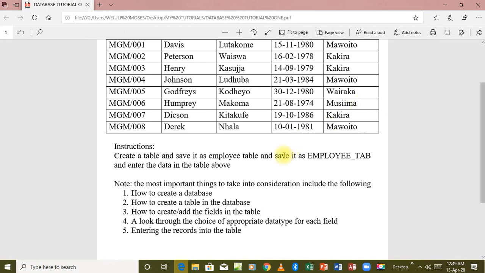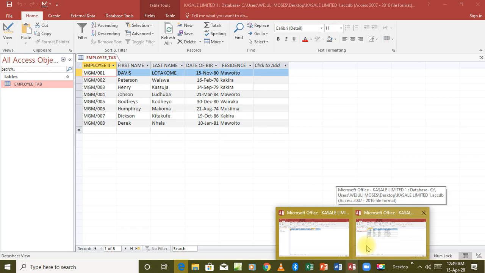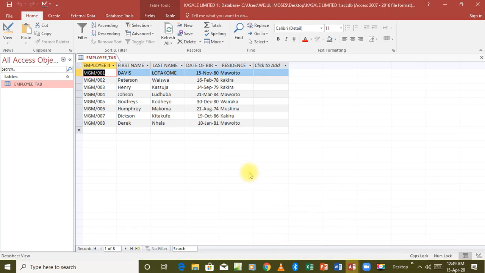We have looked at how to create a table in the database. We have also looked at how to create all other fields in the table. We have looked at how to choose the data types for the fields, and then finally how to enter the records into the table. So with that, we come to the end of our first question in database,